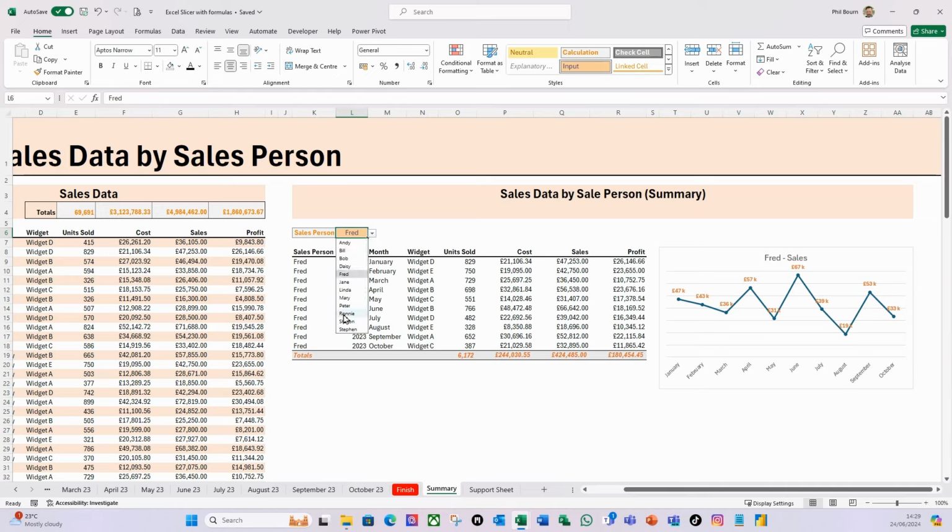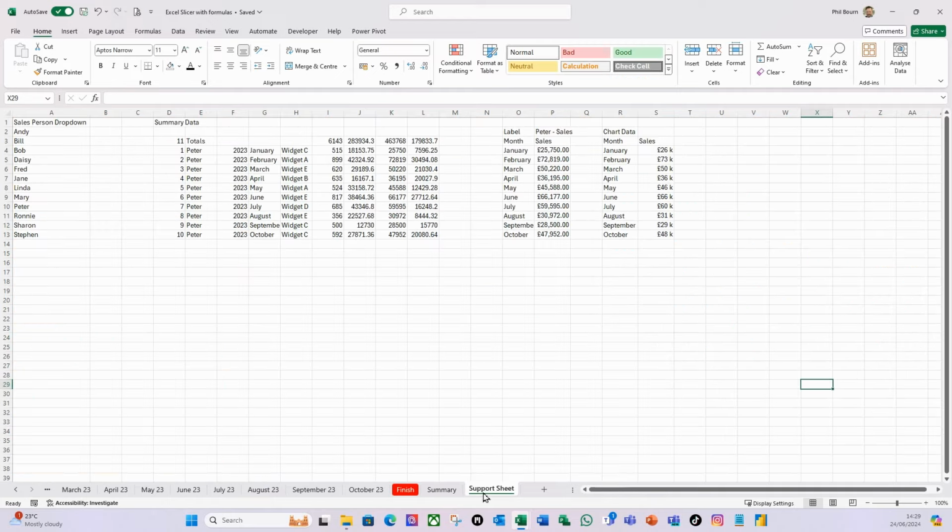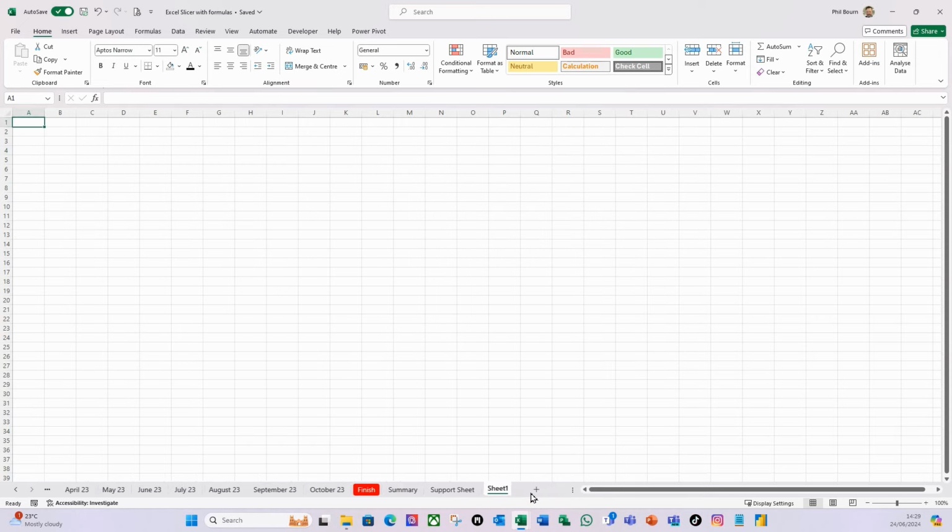But how can we do this, again without pivot tables, but get a slicer into here? Instead of just having a single drop down, have it with a slicer. How can we get this filter here in the summary to work off a slicer? There's a brain teaser. So let's first of all create another sheet. I'm going to rename it my slicer